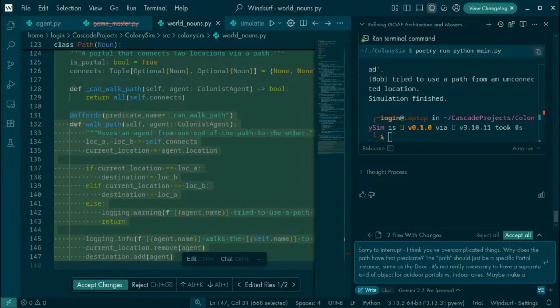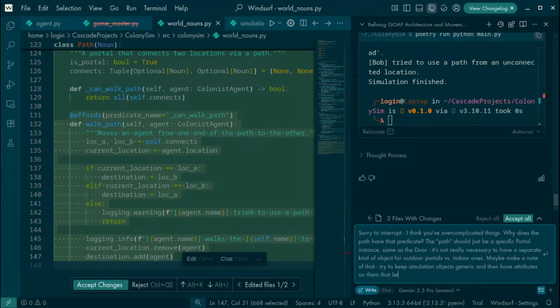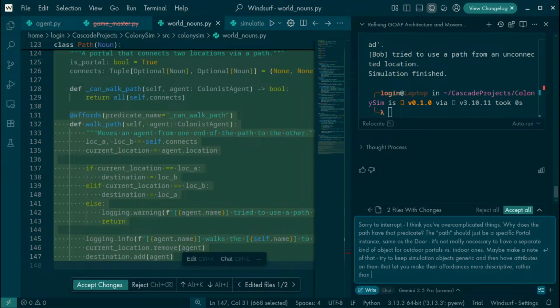Maybe make a note of that. Try to keep simulation objects generic and give them attributes that make their affordances more descriptive, rather than creating bespoke classes every time.